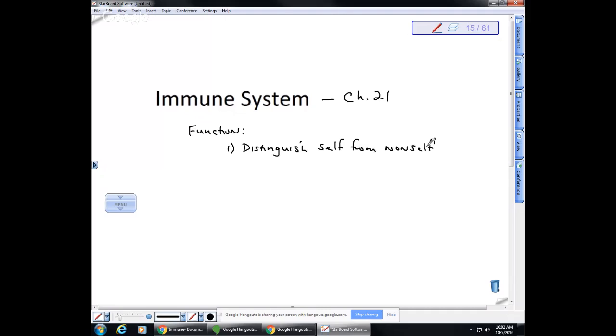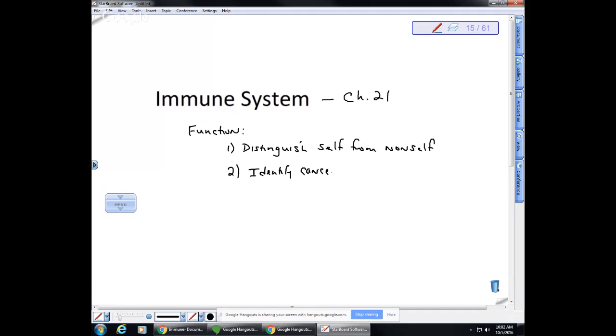So potentially you could have lymphocytes, white blood cells being produced that would attack your body cells, and that is not a good thing. And in fact, that is a sign of what is referred to as an autoimmune disease. So being able to tell self from non-self is protective, but also being able to recognize or identify